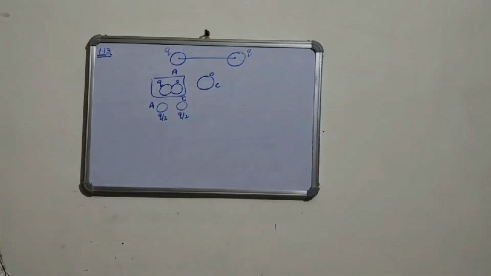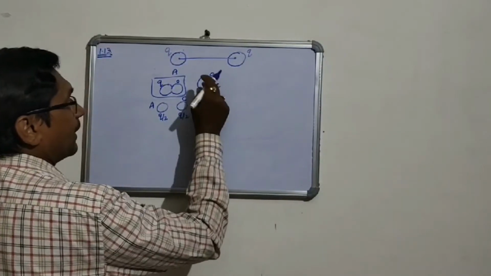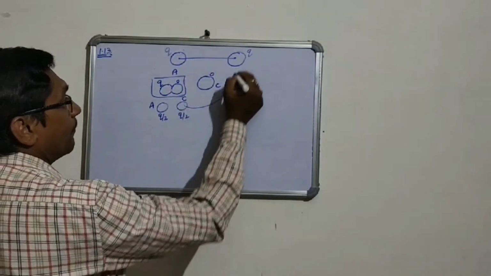And then C is, I think, where is the question? Yes, it is brought in contact with the first, then brought in contact with the second, and finally removed from both. And after that C is in contact with B.